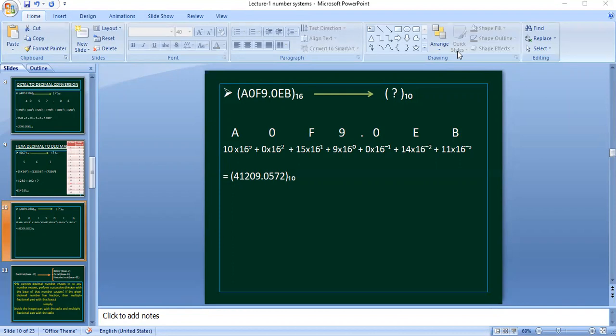Okay, so this is all about how we can convert other number systems into decimal. It may be octal, hexadecimal, binary, or a base 3 number system, where you multiply each digit by powers of 3. If it is a base 7 number system, you multiply each digit by its positional weight, which starts with 7 power 0, 7 power -1, and so on. Whatever radix is given, we can convert it into decimal.